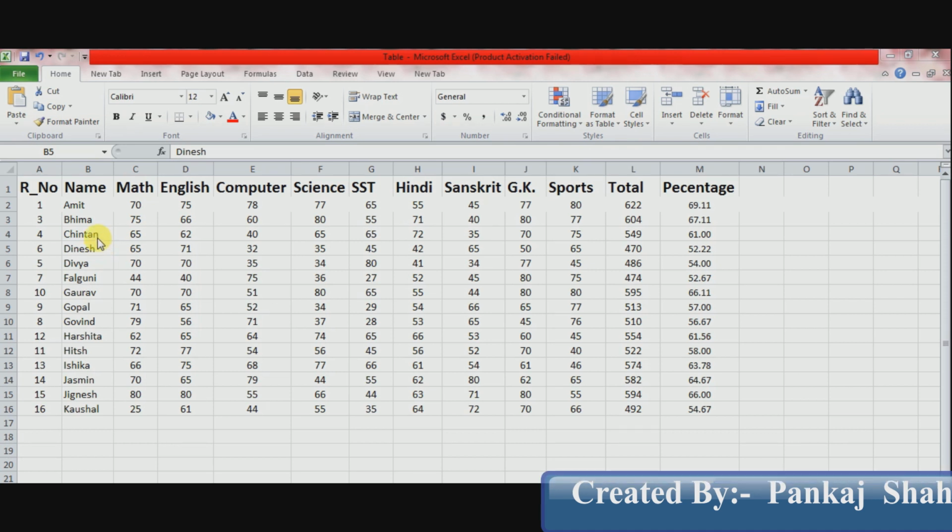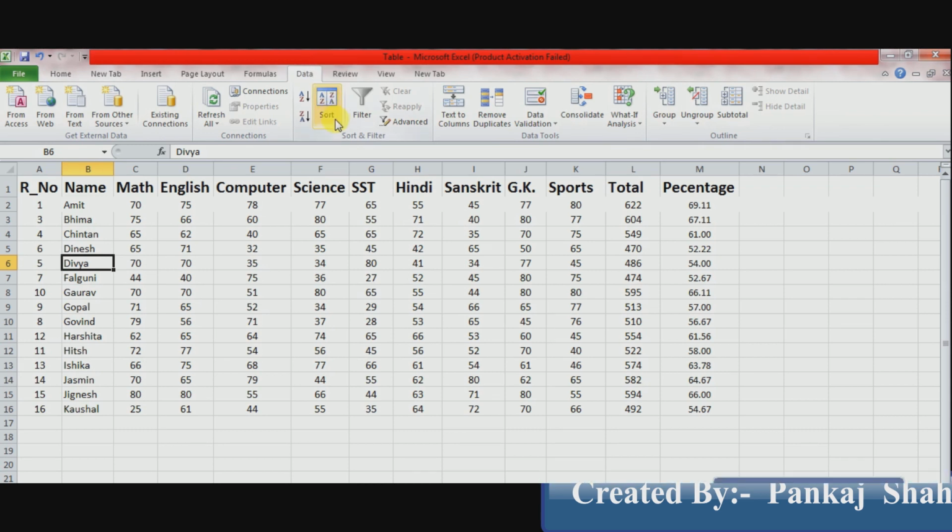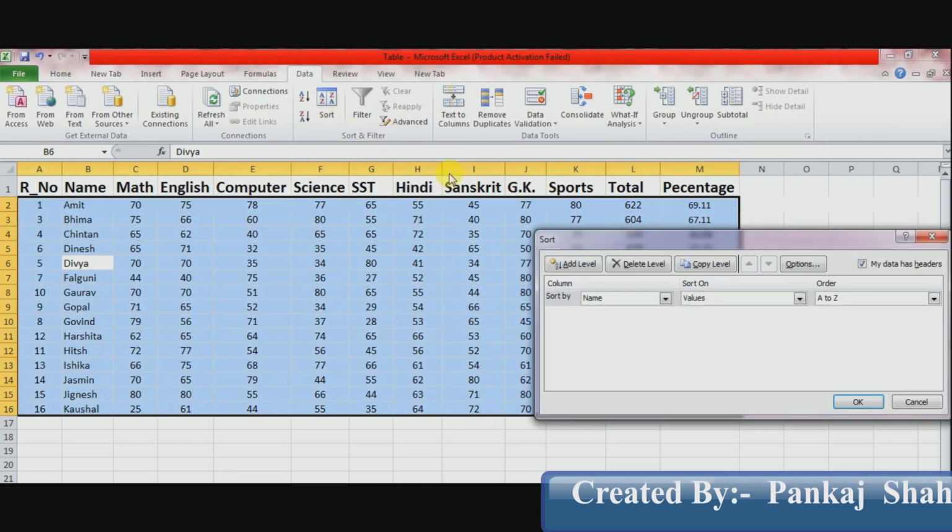You can see a small triangle, just click there and you can open the description area. Now focus on the screen here. I already created one table. In this table I want to see name wise all the records in descending order. Now set your cursor on any cell in the name column. Now click on the data tab. Here you can see the sort button is available. Just click the sort button.